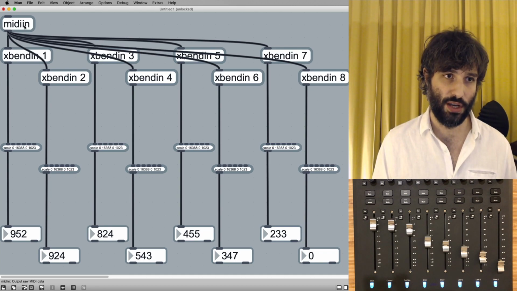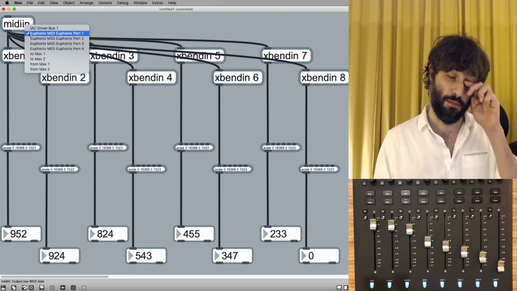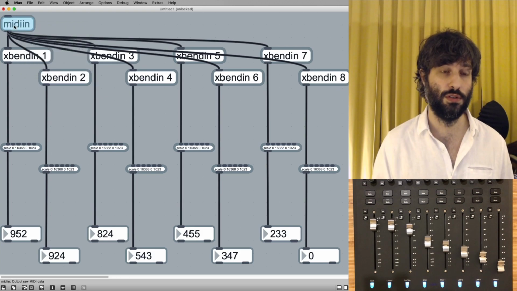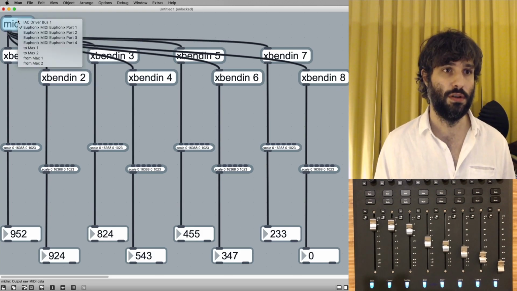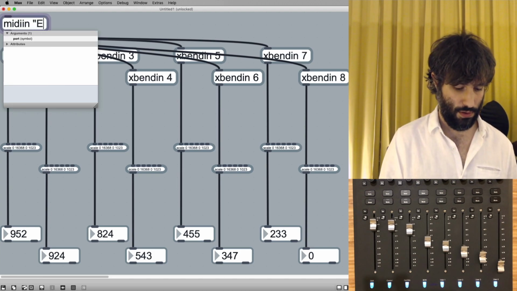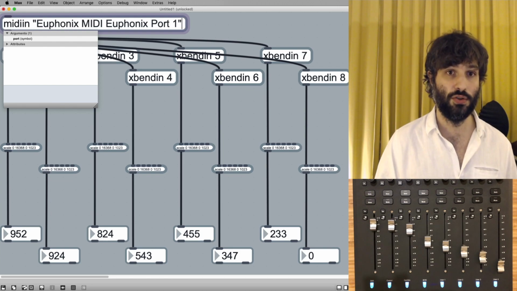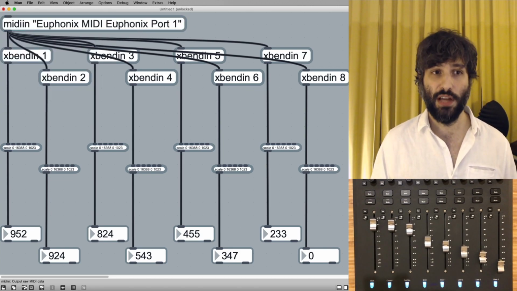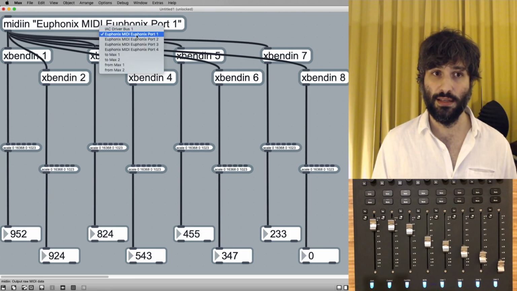The MIDI in object can take an argument, which is the port it will read from. So if I write the name of the port in quotes here, which is Euphonics MIDI Euphonics port 1, make sure caps and all match, every time I launch this patch, it'll automatically select this as my MIDI input port.